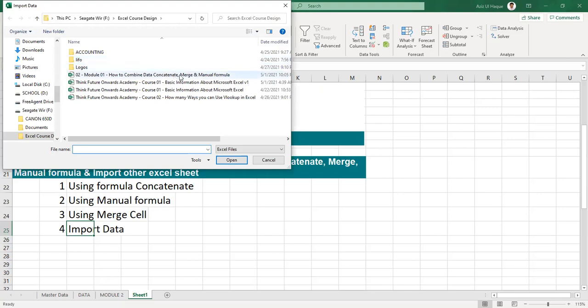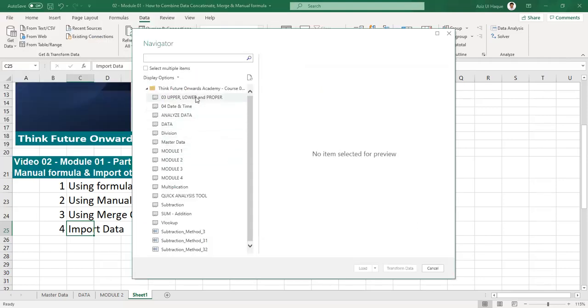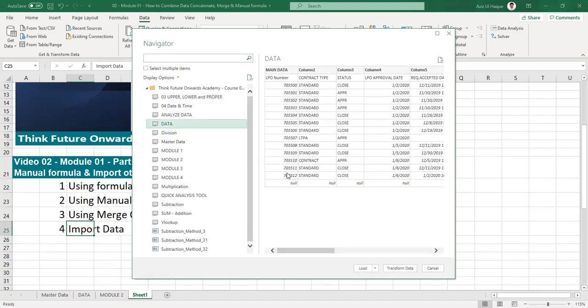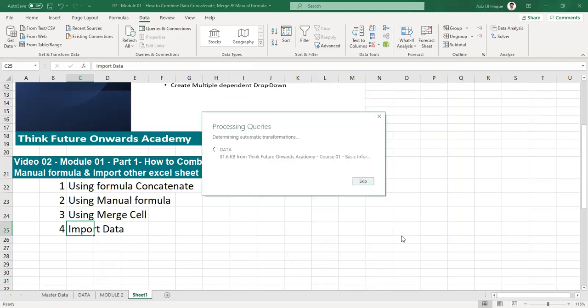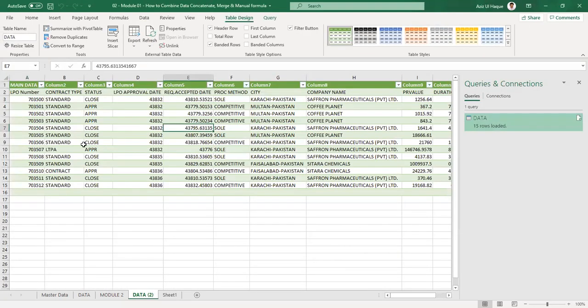It takes me to my data. I said, go to this sheet, import data. Now it shows me the sheets inside my workbook. I said, bring this data, and come down. You will see Load here. It starts processing, and it imported my data here now. You can see the data file is imported. So this way you can import your data and consolidate your data. It's up to you what you want to do.